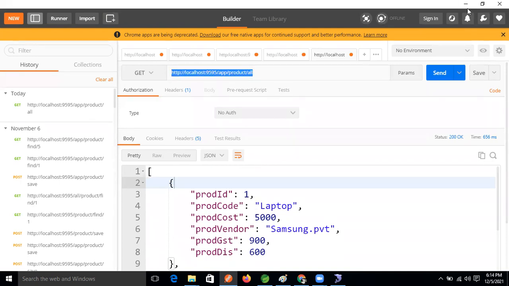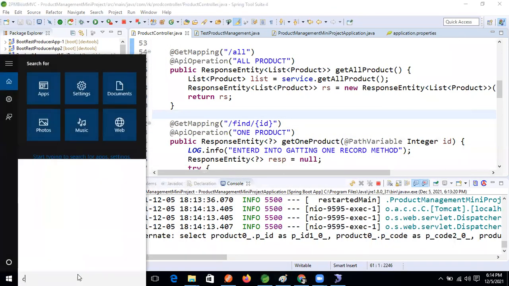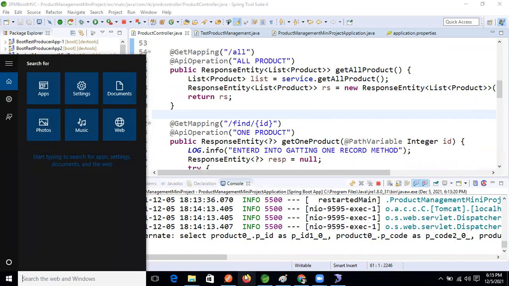So I'm copying this, and let's open a browser. Open Mozilla Firefox.